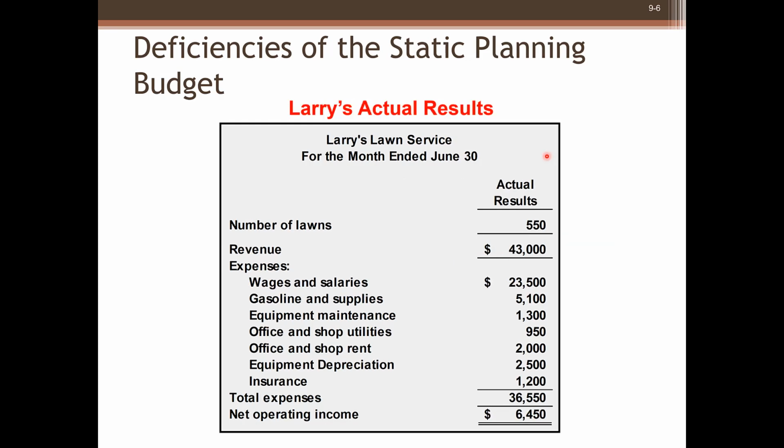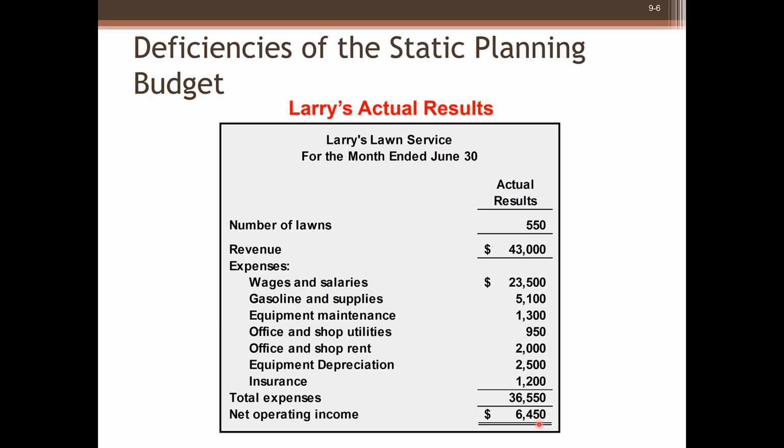Now let's take a look at Larry's actual results. This is Larry's lawn service actual results for the month of June. Actual number of lawns, 550. For revenue, actual revenue earned, $43,000. And Larry has incurred actual expenses here. Total expenses, $36,550. And net operating income,